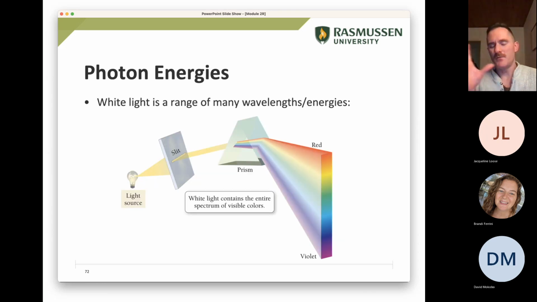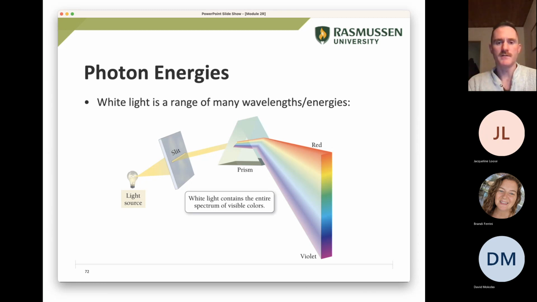Something that I just want to dispel really quick: white light is a range of many different wavelengths. The white light that you see ambiently coming from the sun or from full spectrum light bulbs is actually made up of many, many different wavelengths of light. If you pass light through a prism, you can break it out into all the colors of the rainbow, which is actually how rainbows work, right? It's diffracting